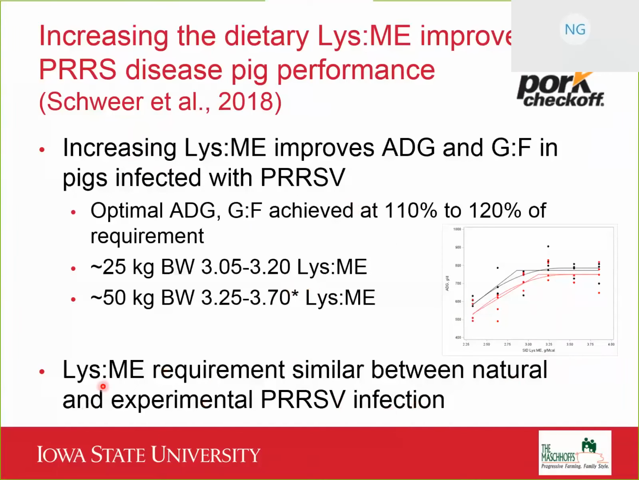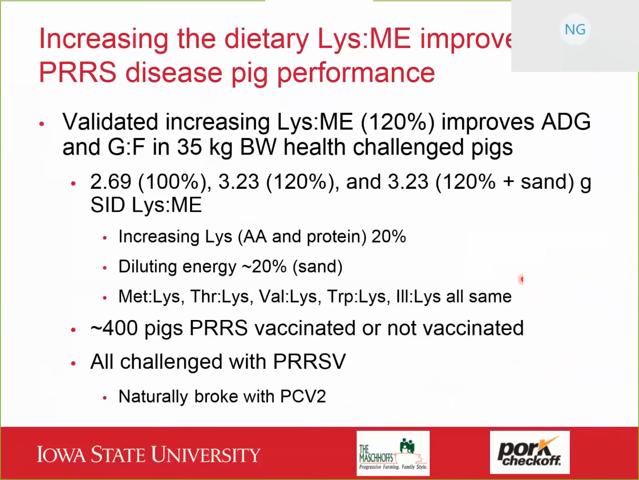And so, in other words, if the pigs naturally broke with PRRS or were experimentally challenged with PRRS, we seem to see a benefit with regard to supporting growth and health in a PRRS challenged pig by moving that lysine to energy ratio 110, 120% to the right, so increasing it. And so our current study that we're wrapping up with the pork board by the end of this year